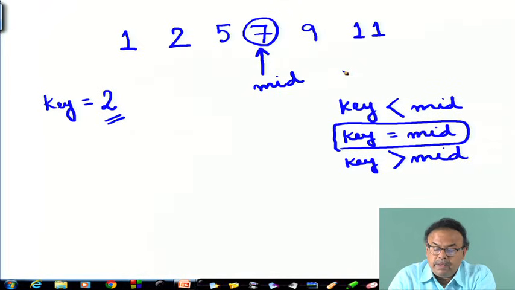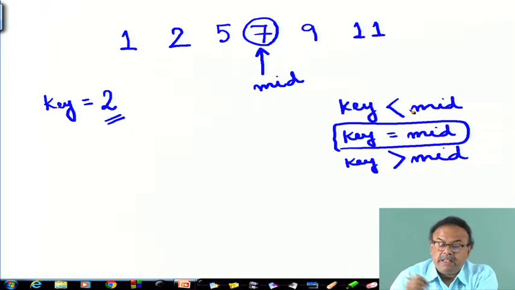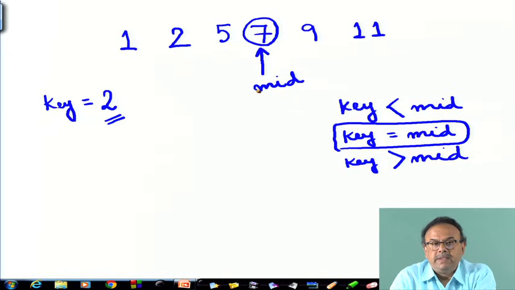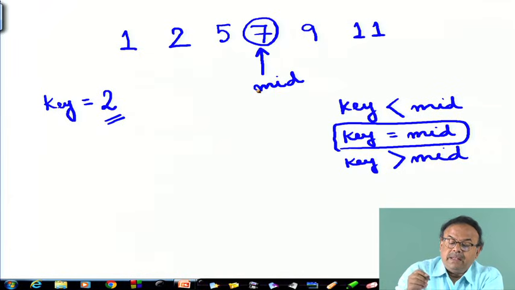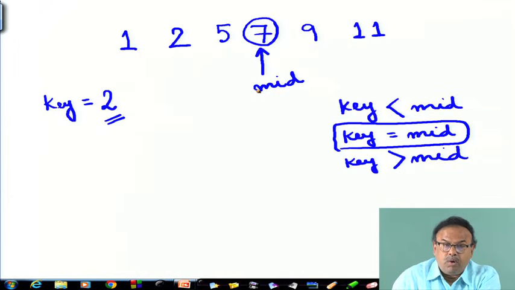If the key is less than the mid element, as is the case here, then what can I say? I still do not know whether the key is there in this array or not.